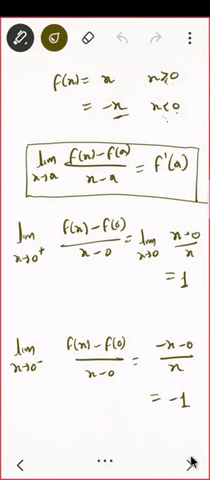Okay, is that clear that this function is not differentiable at 0? Why? Because the limit does not exist. Why does this not exist? Because when I'm coming from the zero positive side, I'm getting the answer 1. When I'm coming from the negative side, the answer is -1. When do we say a limit exists? When both the left side and right side limits exist. Is that clear?